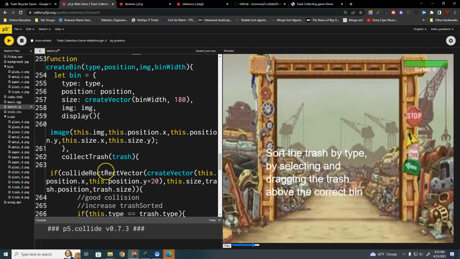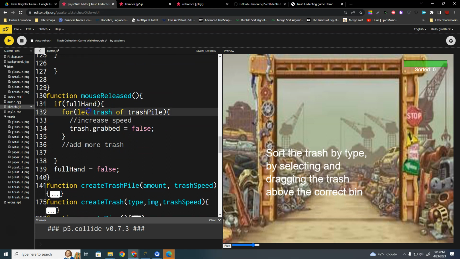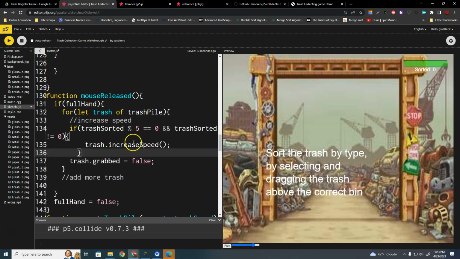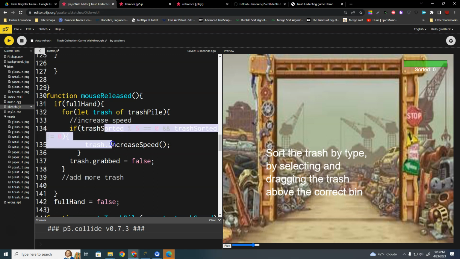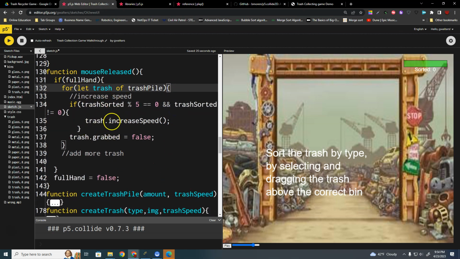So I'm going to move this here to when we are releasing the mouse. Because we're checking each piece of trash right here, we're going to increase the speed. So this would make sense here. If the trash sorted is a multiple of 5, then we're going to increase the speed of the trash. But this is going through every single piece of trash. So this will increase the speed of all of the trash pieces. Okay, now